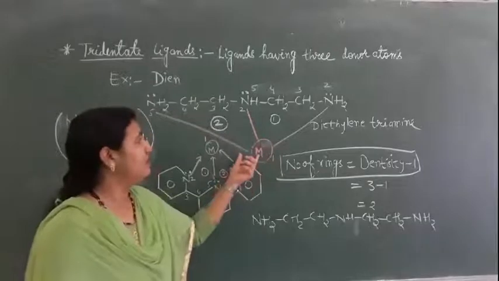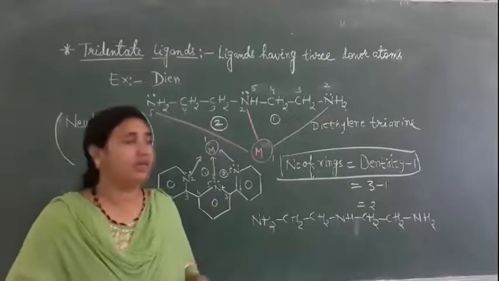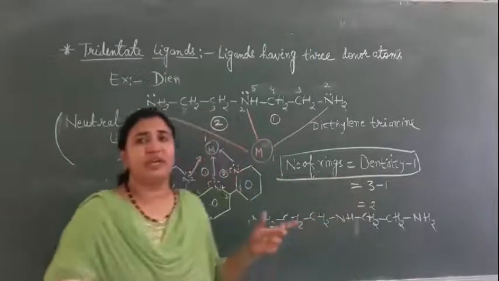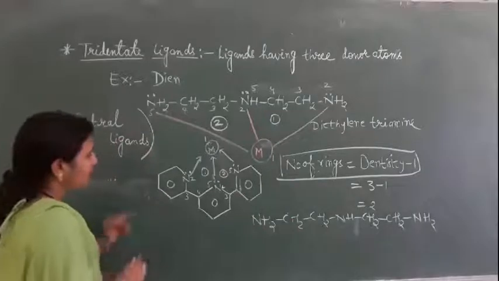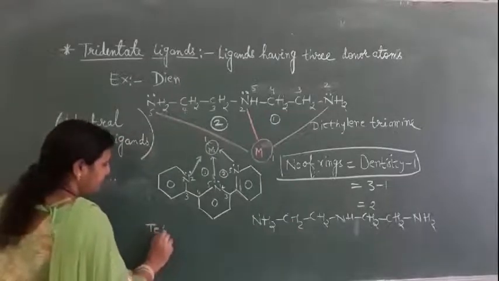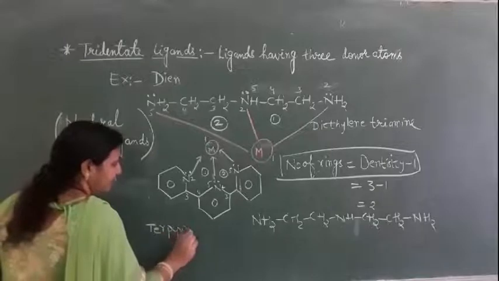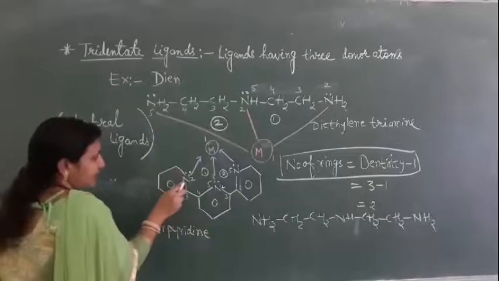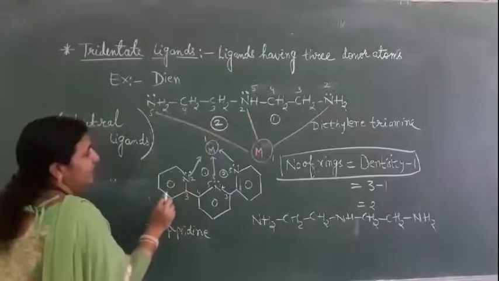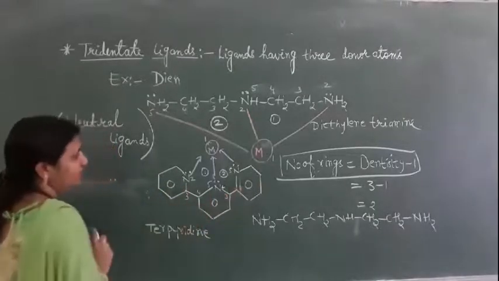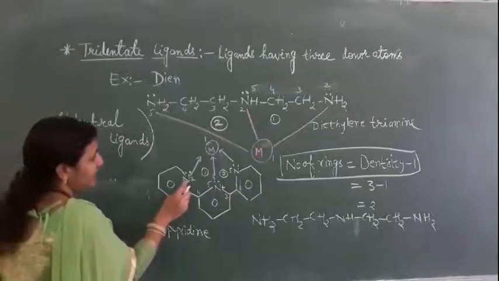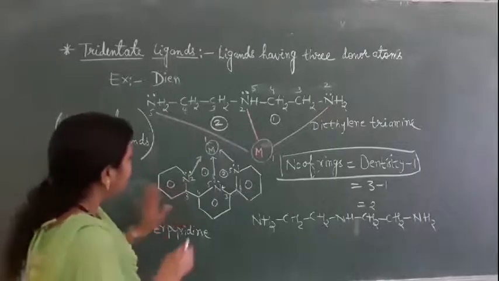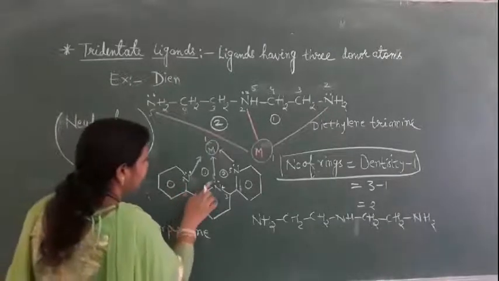What will they form here? These are chelating ligands, and number of rings are 2 here. Another example is called terpyridine. Okay, 3 pyridines are there here. On the benzene ring, nitrogen is there. This is called pyridine. So how many pyridines we have here? 2 pyridines we have. This nitrogen we will consider as 1 here, and this is 2 here.